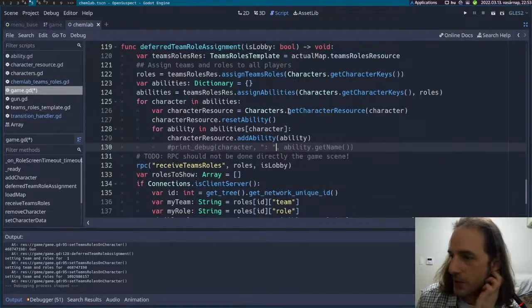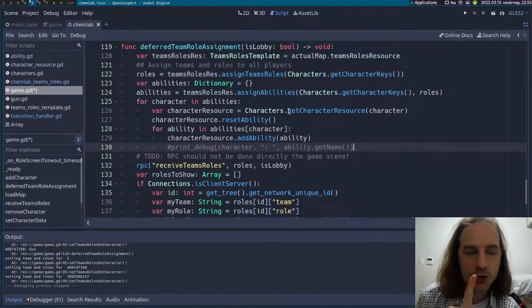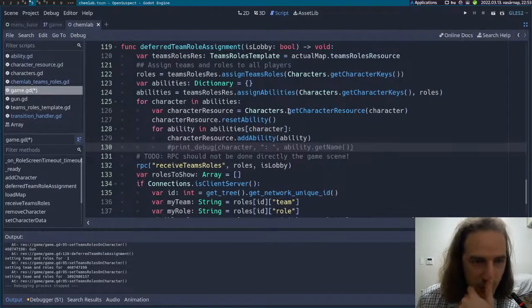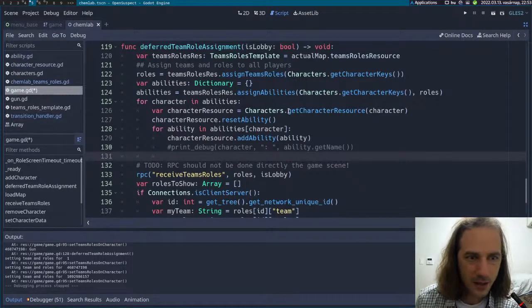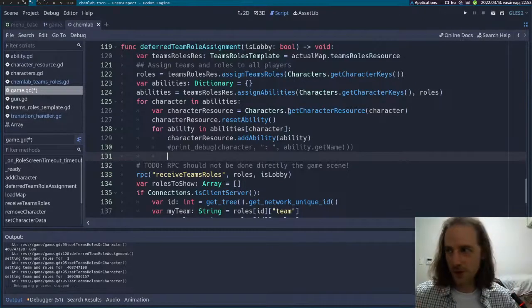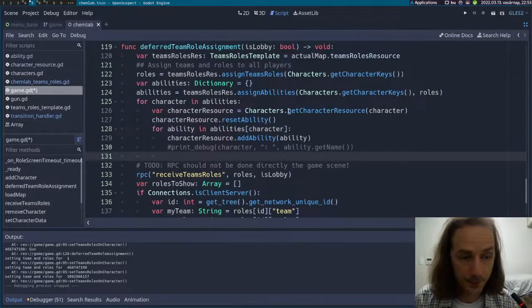And what we need to do is, every player should only get what their ability is. So players should not be aware of other players' abilities. But I don't think we should RPC. Can we RPC? Okay. I'm not going to optimize this, so this will be just a very dumb implementation here. Very dumb implementation, and that is